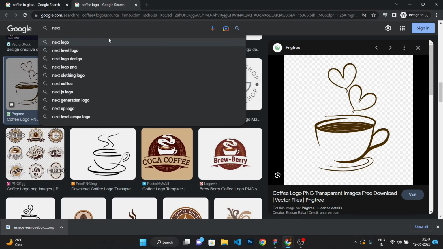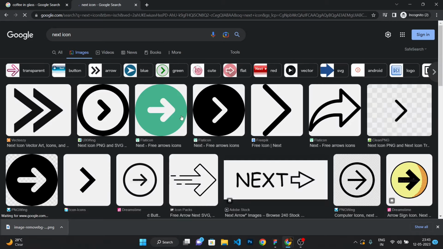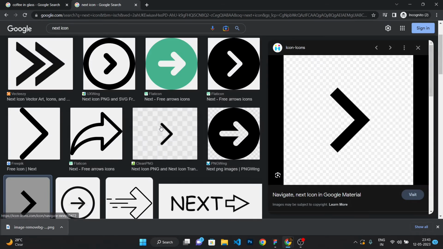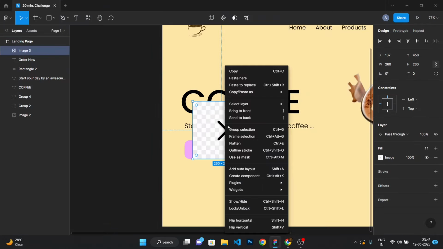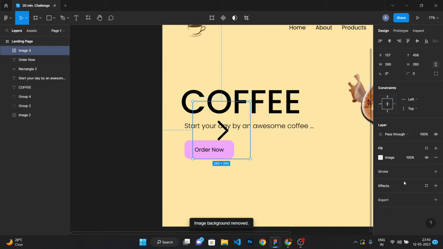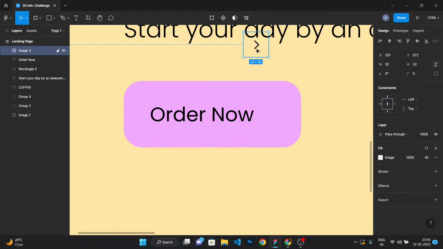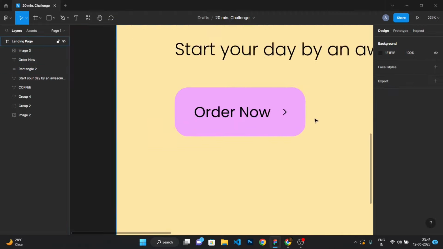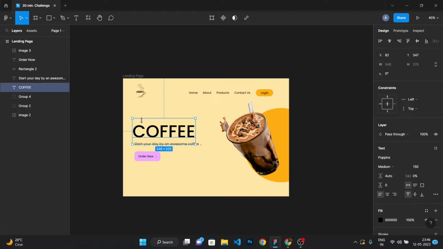I just want the next logo or icon, something like a next icon. And yes, we can have this type of icon. We want it a bit light like that. Let's copy it and paste it here and remove its background. Awesome. And I can decrease it a bit. This can be shifted a bit, and this can come over here. Now it's looking awesome. We could have something, I'm just thinking a bit more